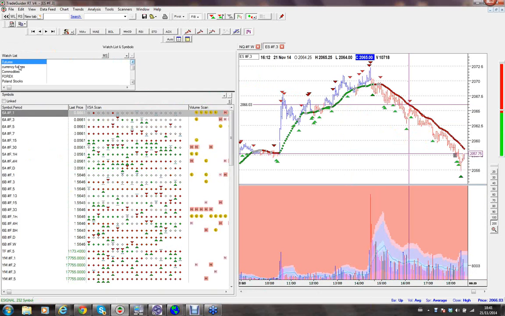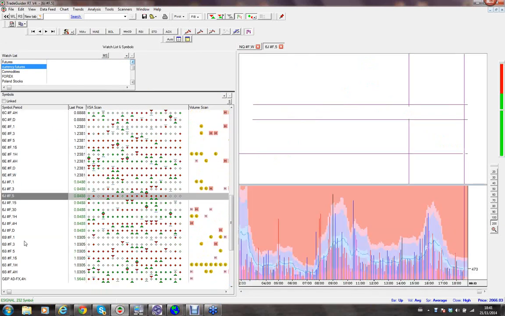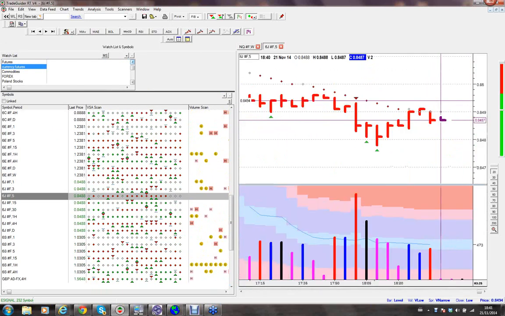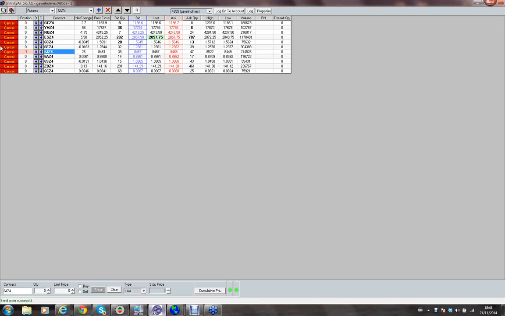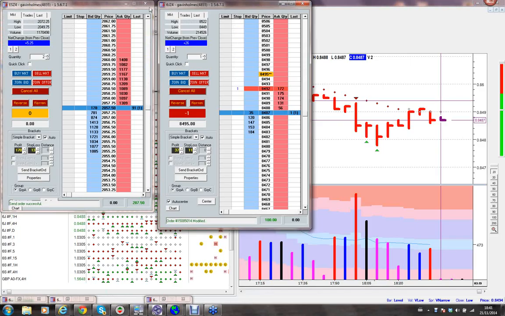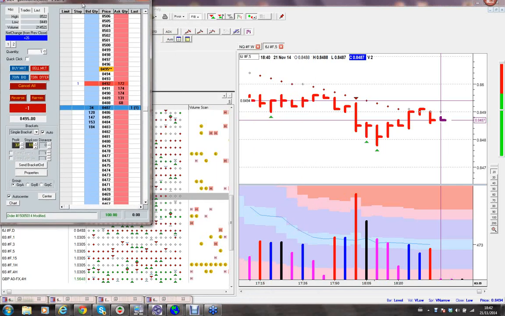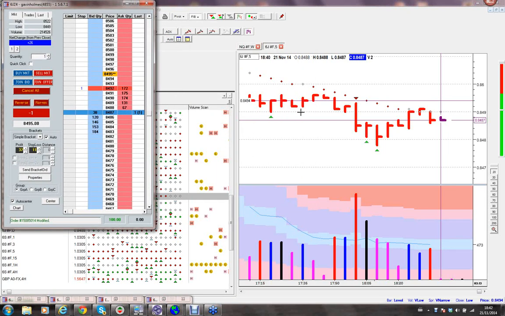Okay, and let's go back to the 6J contract. I've already protected my trade on the end, so I'm not going to close it. There's no need to close it. Okay, in fact it may have already. Just have a quick look here. It's still running. Yeah. So again, I'll talk about the yen trade now. I'm still in the yen trade, and again, this is a trade alert from 3 days ago. But you have to be patient.